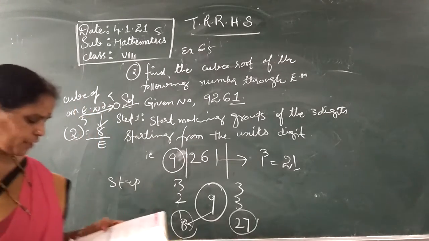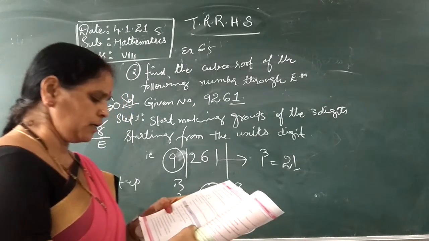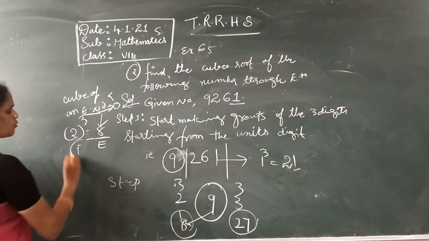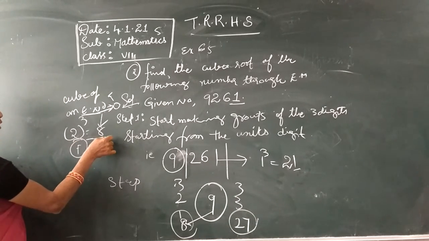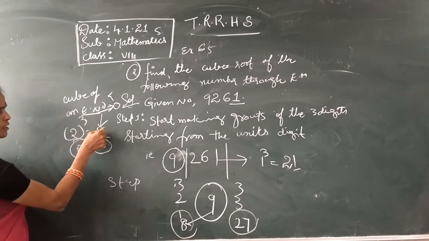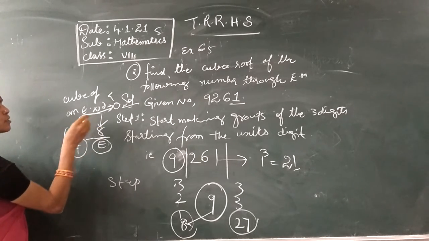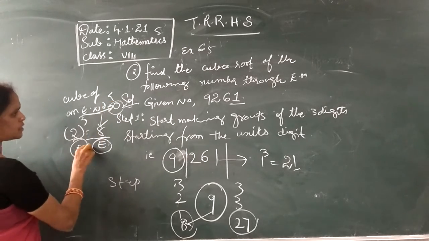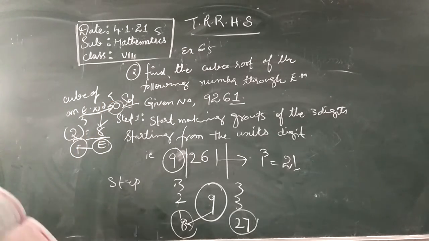In the same way you have to finish up. A perfect cube may end with 2 zeros. So here the answer is false. So what is the true answer? It becomes an even number only. If you cube an even number, your result will be an even number. So they did not give an even number, they gave only an odd number. So your answer is false. And the next one is the second one.